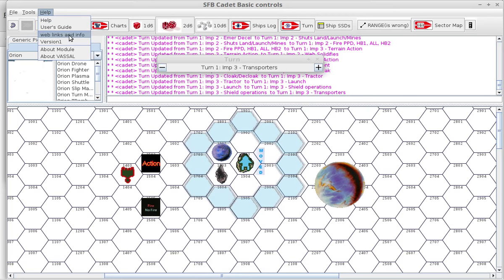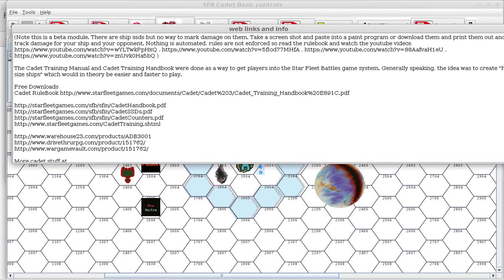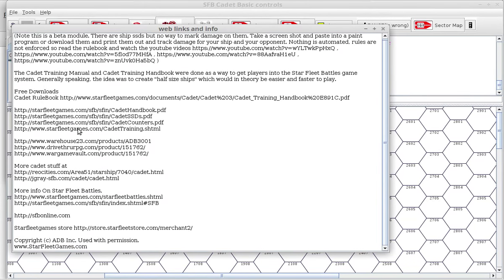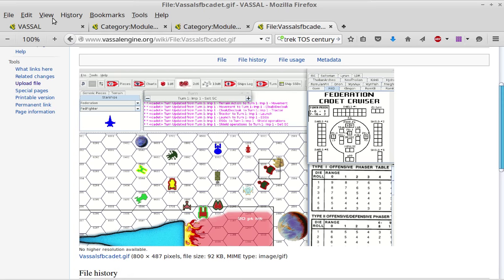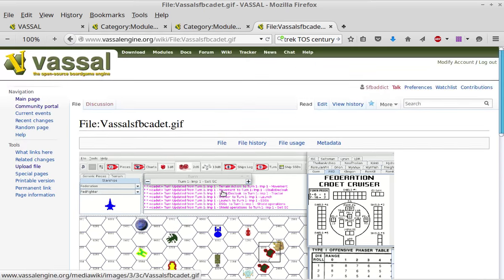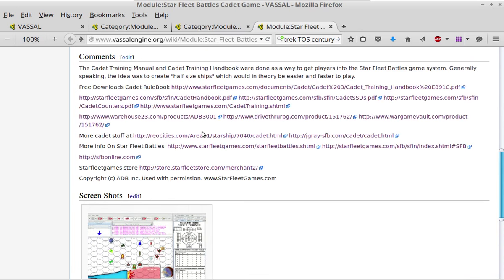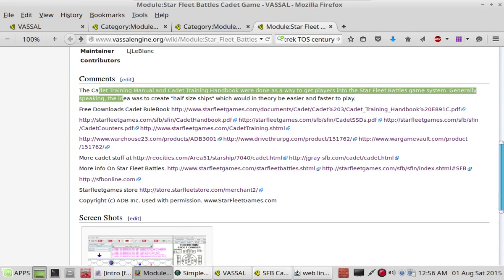There is a webs link and info thing here. This comes up. It's got all the information here. This is still available on the Vassal page. In this section here, it's the same information. So in the comments there,